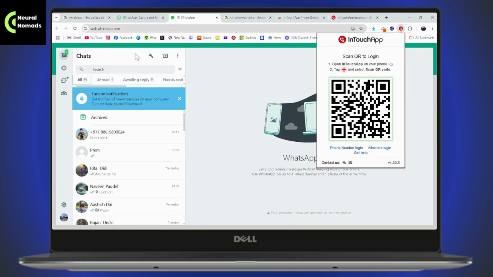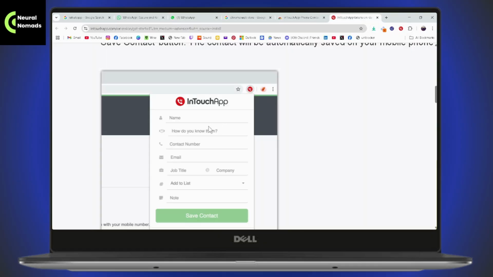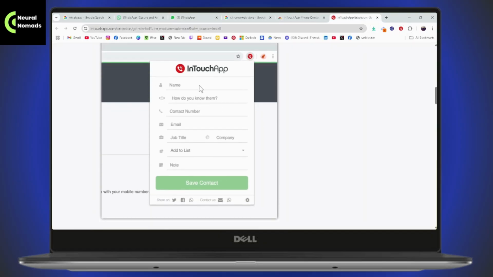You will have a plus button on the top left, which will be like this. And once you tap on the plus button, you'll be able to enter the name and all of the contact information. Then you'll be able to save your